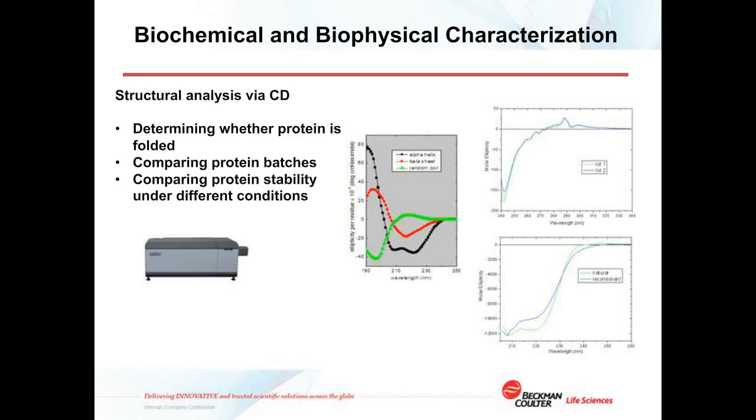Circular dichroism is another method that one can use to understand the folded states of proteins and to compare batches of proteins. If you look in the top right, you see a spectrum of the green and blue protein from different batches of proteins that are slightly different. And similarly, at the bottom right, you see a natural versus a recombinantly expressed version of protein, and they have different spectra, and it's difficult to know exactly what the difference is, but it ultimately is a different reflection of